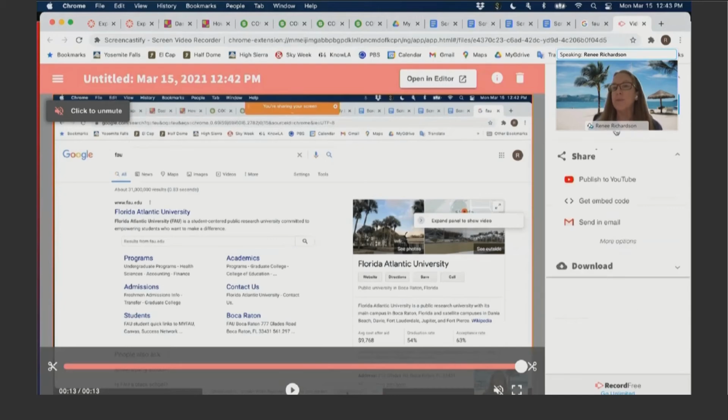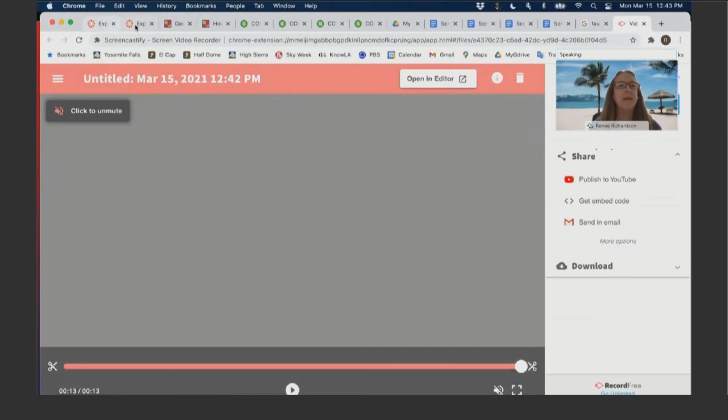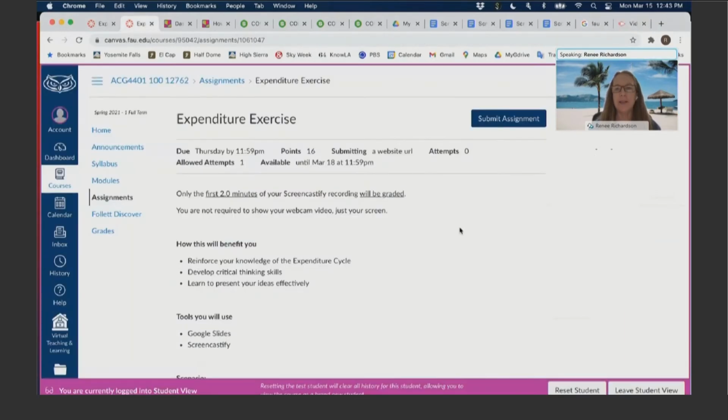I don't even tell them about this drop down because I don't want them to change it. But when they copy it, just by nature, that's one of the beauties of Screencastify, it automatically changes the sharing. So then they just go to their Canvas. So now I'm navigating to Canvas as a student view. And when they submit assignment,